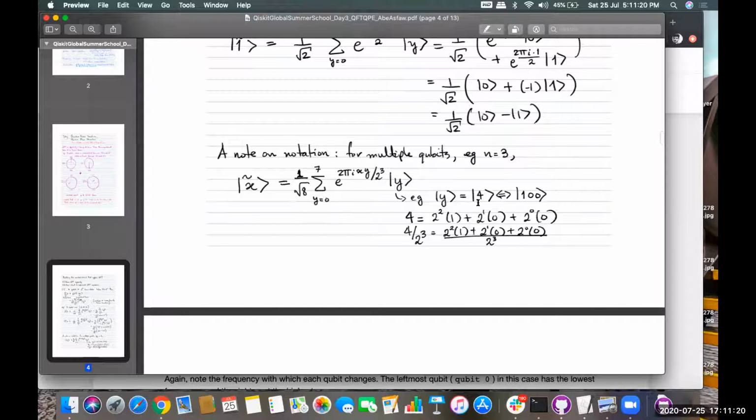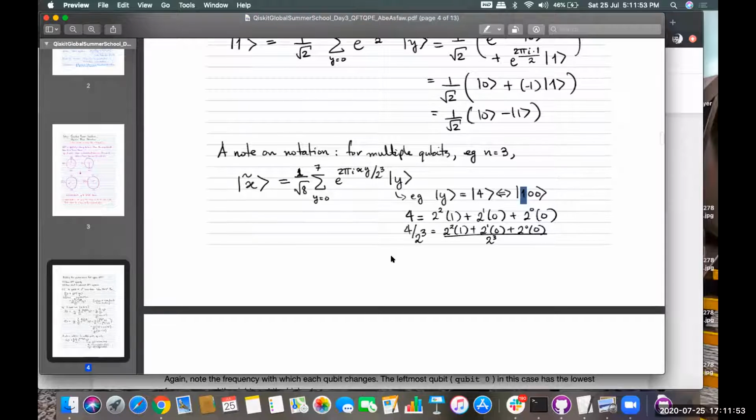Many times people represent y in binary form. For example, if we have 5, it can be given as 101, as Ab has already covered in the Qiskit Summer School. If we have 4, a few people will write the decimal number directly as 4, and some people will use the notation 100. So don't get confused by these notations. Both ways are correct. Just try following it here.